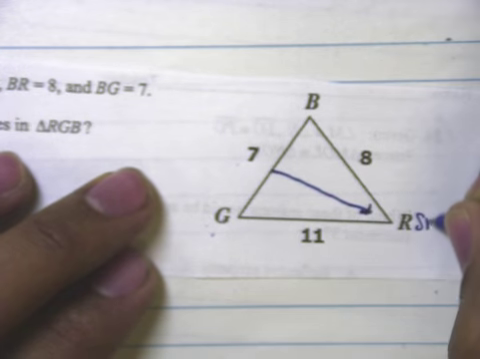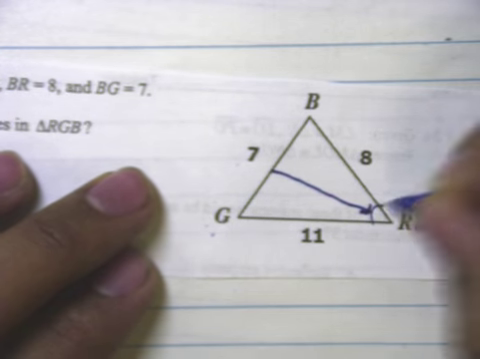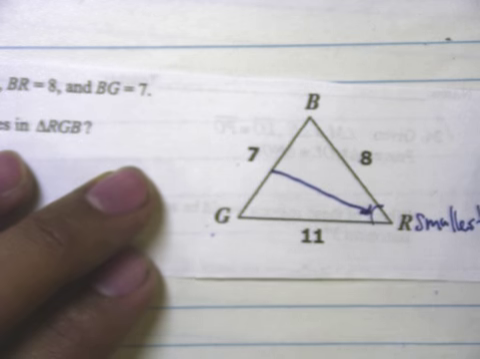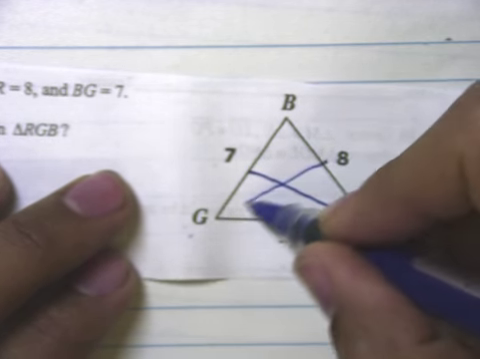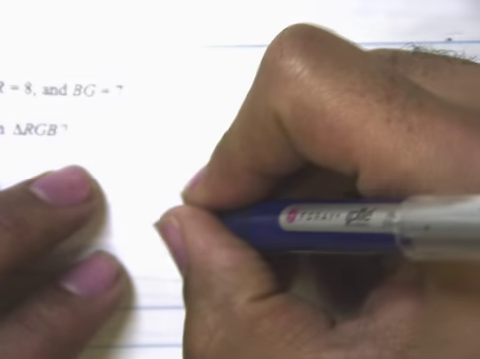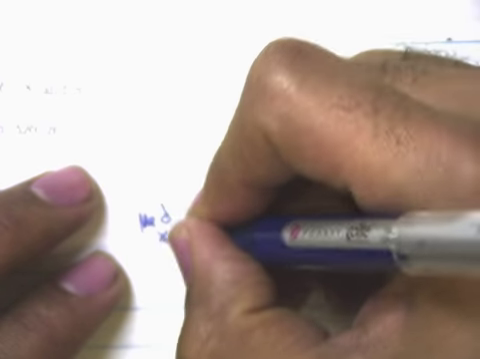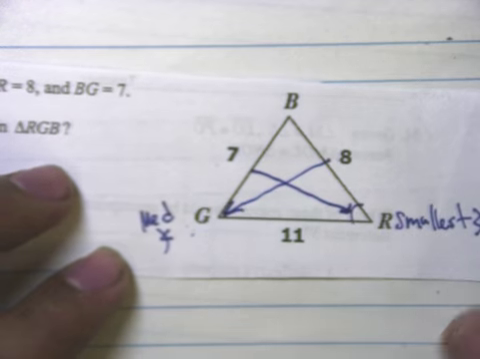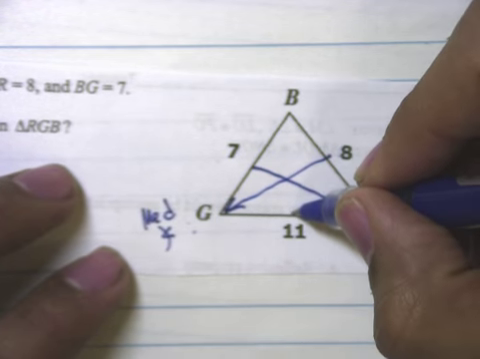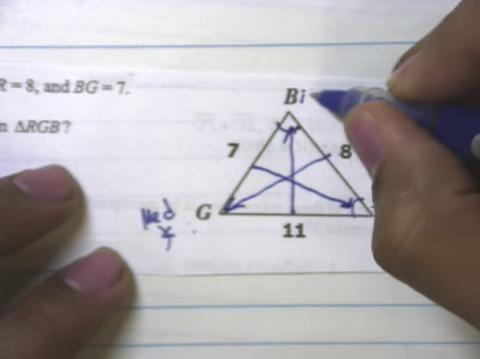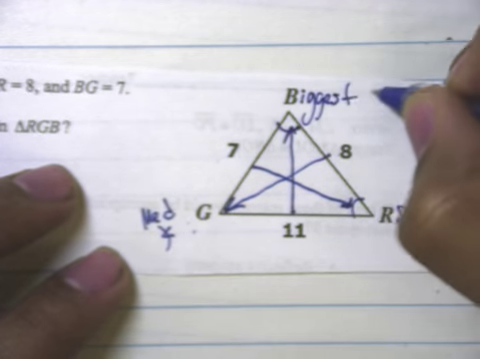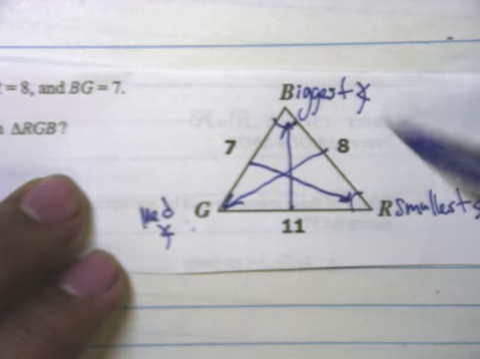This is my smallest side, so I know that R is going to be my smallest angle. Then I know that I have number 8, which is pointing to the letter angle G, so I know this is my medium angle. And then I have the number 11, which is across from angle B, so I know that B is my